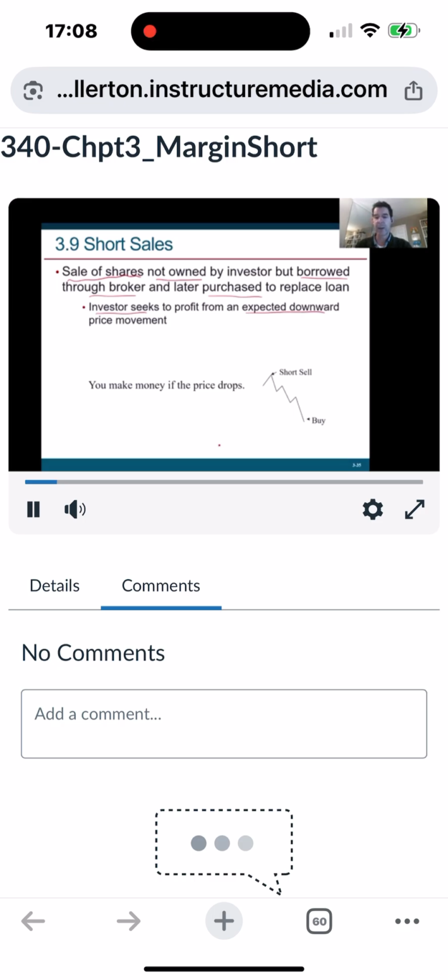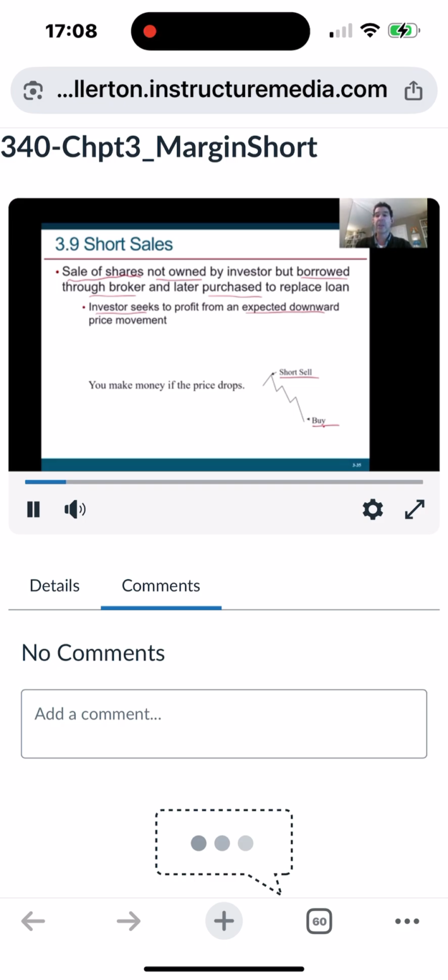In fact, the way I think about it, there's only one rule of markets, that's buy low, sell high, but it doesn't matter what order you do it in. So if you can sell high first, and that's a short sale, and then buy something back lower later, you still did buy low, sell high. You just did it in a different order. You just did it sell high, buy low, and you make money.